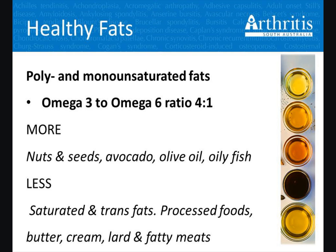So that is really easy to do if you take processed foods out or reduce your processed foods. Most of our omega-6s are in our processed foods. It's basically cooked oil. So any oil or any fats that have been cooked is what we want to stay away from. So basically you're eating more of those healthy fats like nuts and seeds, avocado, olive oil, oily fish,